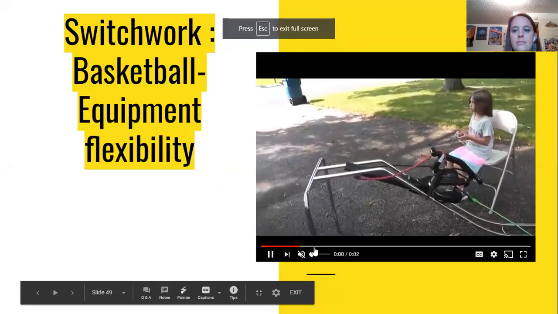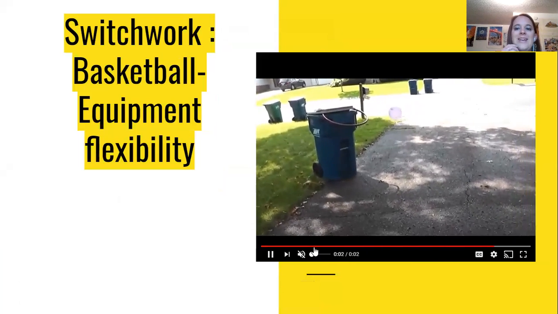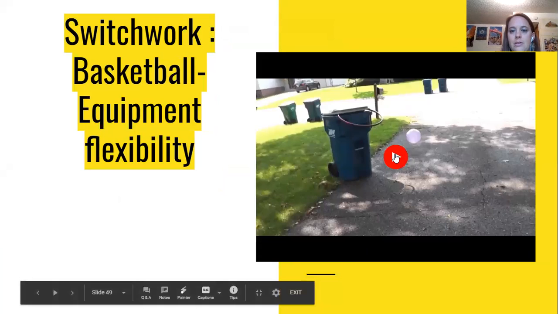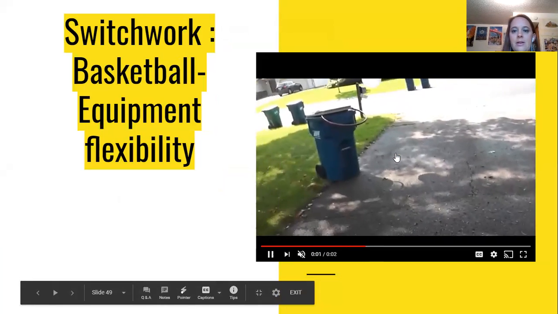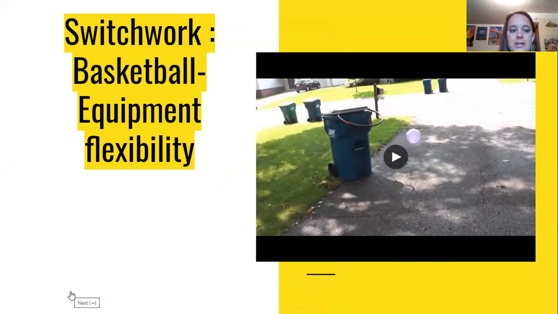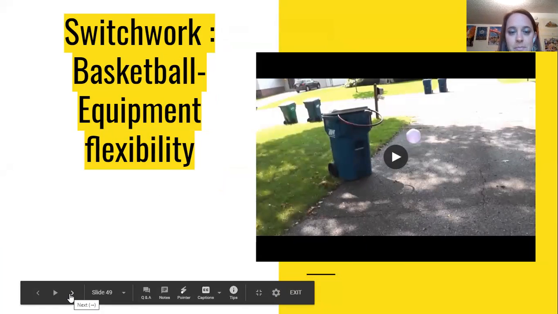Oh, here's the fun one. This was my pandemic find. I didn't have my bleachers, obviously, but I had one of those. We had brute tubs or a recycling bin, so feather light balls. It's my little Hannah hitting the switch. So yeah, there you go. Flexibility with equipment. Modify the heights. Do you have bleachers? Bleachers saved me.